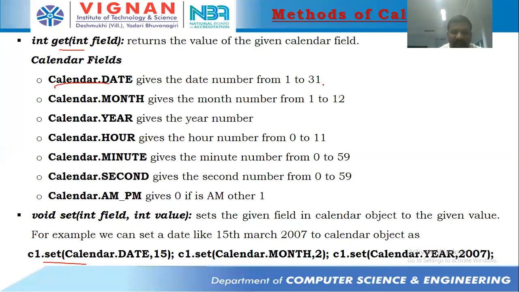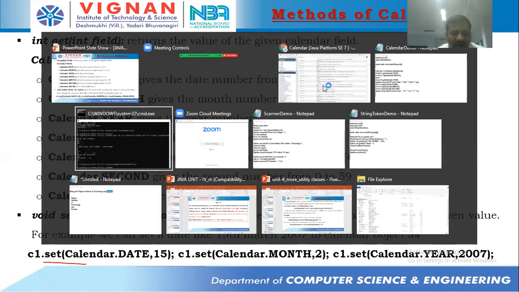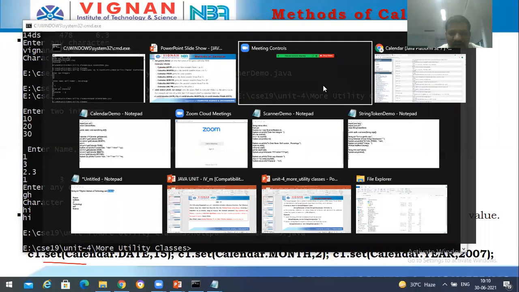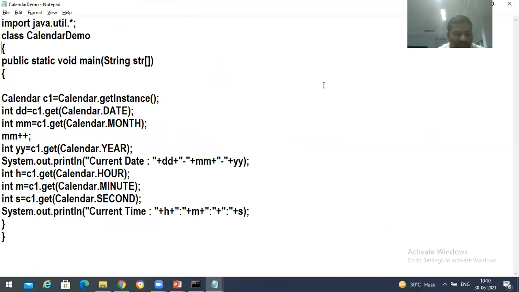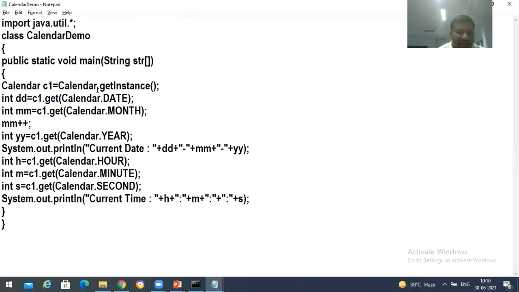Okay, so like that we have the get method, and with the help of this get method we try to see one simple program over here. See, I'm creating a calendar class over here, and after that I'm going to get the date with the help of c1 dot get of Calendar dot DATE, which gives us the system's current date, and c1 dot get of Calendar dot MONTH